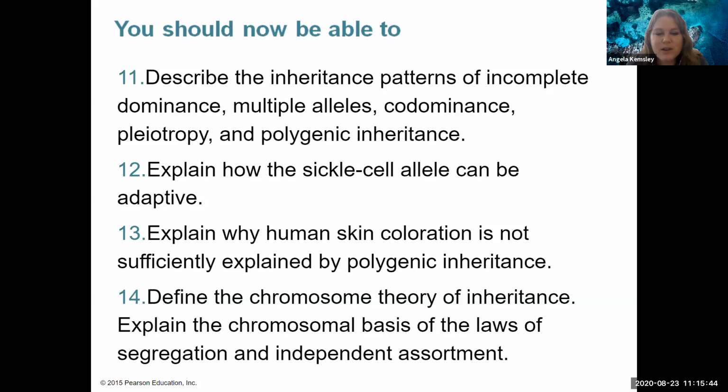Define the chromosome theory of inheritance and explain how the chromosomal basis of the laws of segregation and independent assortment result. All right, so there are some variations on